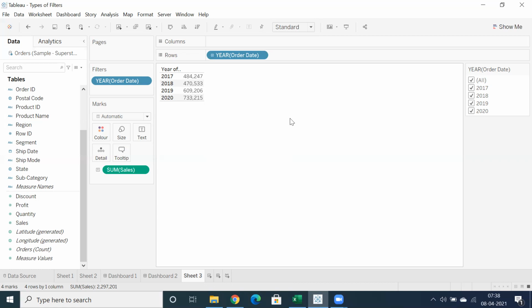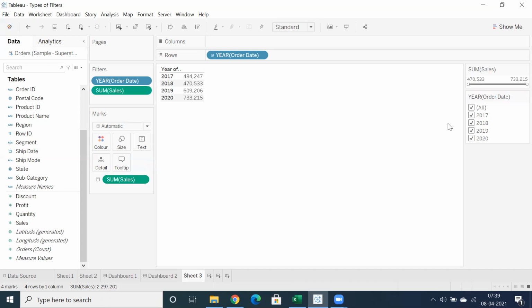You can see such filters even on e-commerce websites, like amazon.in or amazon.com. If you want to purchase a mobile, you have the flexibility to choose a brand, the price, the configuration, and even the price range. Similarly for sales, click on this drop down, Show Filter. You have a slider where you can select the range.